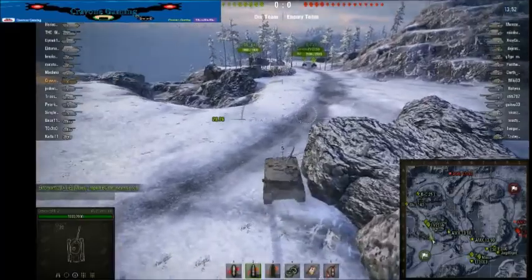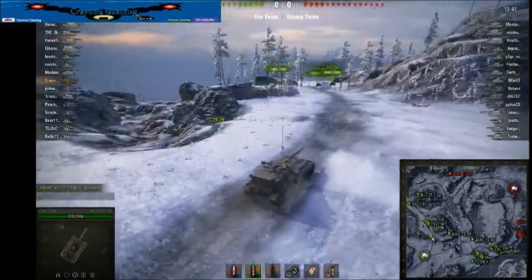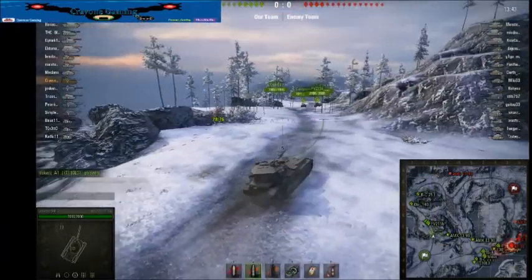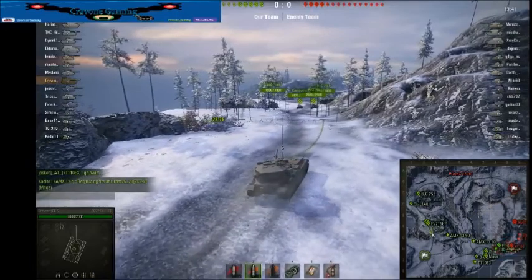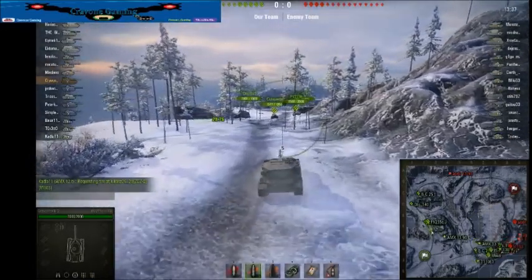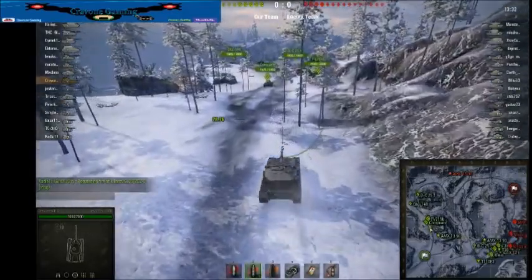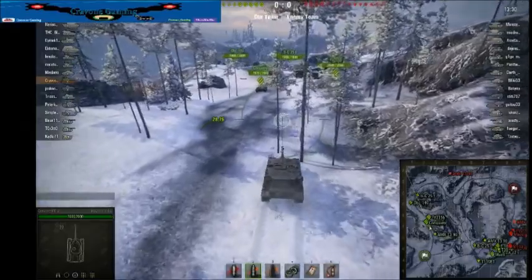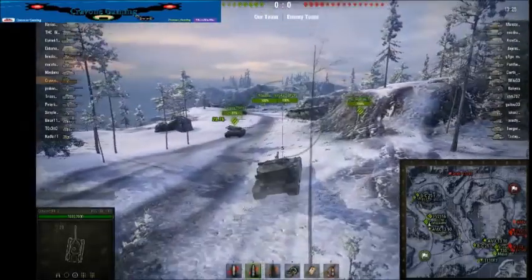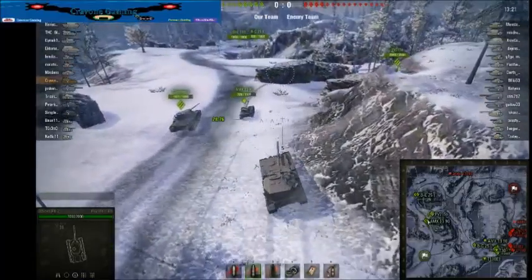Not entirely sure what our team are complaining about, but I'm going to try and ignore them. We would have liked to see the 50B come this way, because that would have been a big shot that we could have put into him. We're going to basically wait for their mediums to push onto our mediums. And then we're gonna